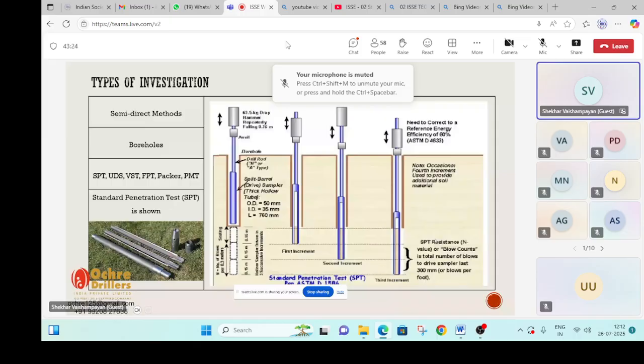Now somebody can sit down and ask, why has somebody selected 63.5 kg? Why is a drop of 750 mm used? Why is the SPT spoon of 45 centimeter used? Actually, the SPT spoon's total length is 55 centimeter. Now, why all these things are done is that this is an empirical test, has been done from time immemorial,